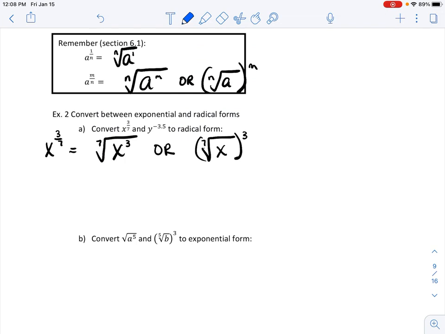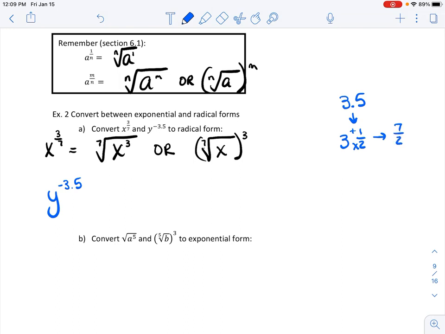The next one, we have y to the negative 3.5 power. Now, what we want to do is actually put this into a fraction form. So I'm going to do that over here. We want to write 3.5, which actually equals 7 over 2 as a fraction. If you don't remember how to do this though, 0.5 you should know is a fraction of a half. And then we have the multiply and add rule, where you take the denominator times the big number, so 2 times 3, and then add the numerator to that, and we get